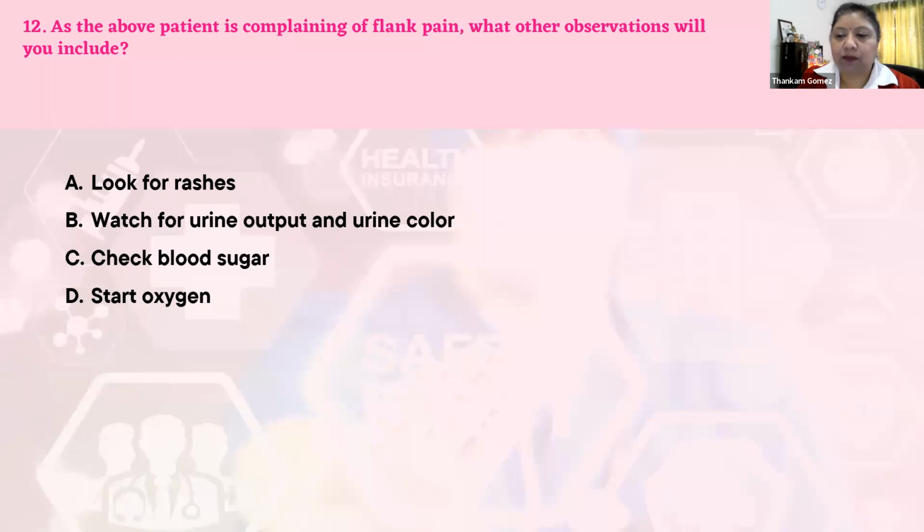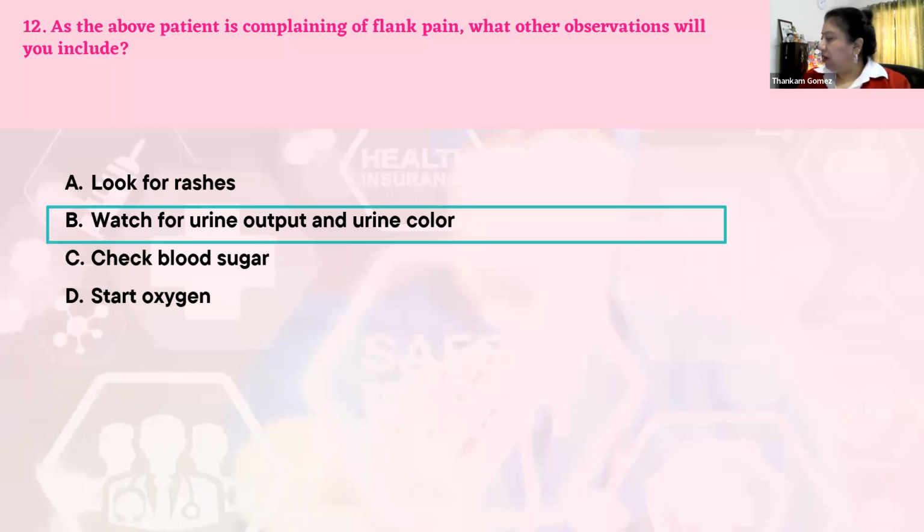Flank pain. So flank pain is the pain in the area of the kidney. So watch urine output and urine color. So it could be microembolism happening. So this is one of the adverse effects that can happen because there are small blood clots that can block the renal vessels. So you could have kidney damage, so you want to ensure that you look for the urine output and the